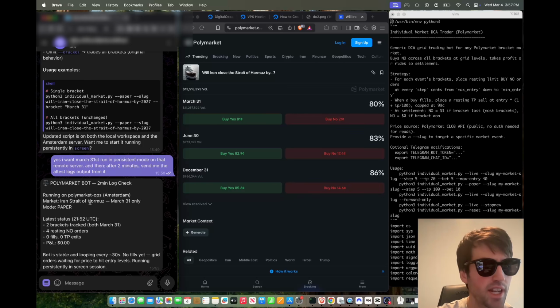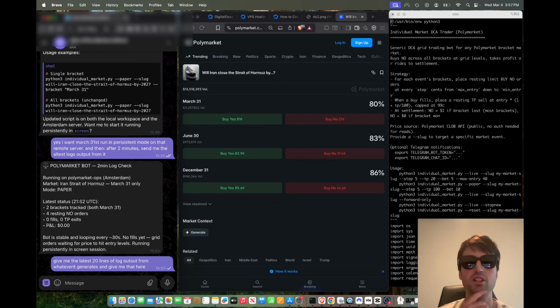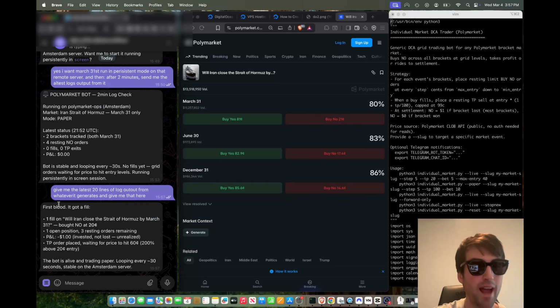Okay, so it looks like it's running now. It came back and said that it's got these statuses, but I actually want to see the log lines themselves. So give me the latest 20 lines of log output from whatever it generates and give me that here. Because I want to see, okay, yeah, it's telling me what's going on, which is amazing, right? Like it's reading through the local state, so it knows how many buys. It's paper mode, so it's not actual buys, but it knows all that. Great. But I actually want to see,